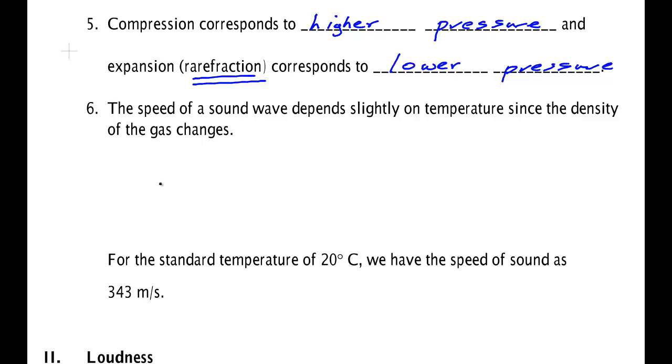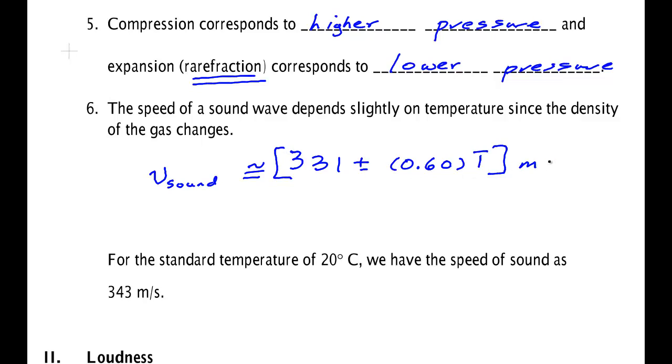Now the speed of the sound wave turns out not to be constant because, like all waves, it depends on the medium, in this case on the density of the medium. So the changes in the density will cause changes in the speed of sound. The speed of sound can be approximately described in air by the following formula: about 331 plus 0.60 times the temperature. This is in meters per second,